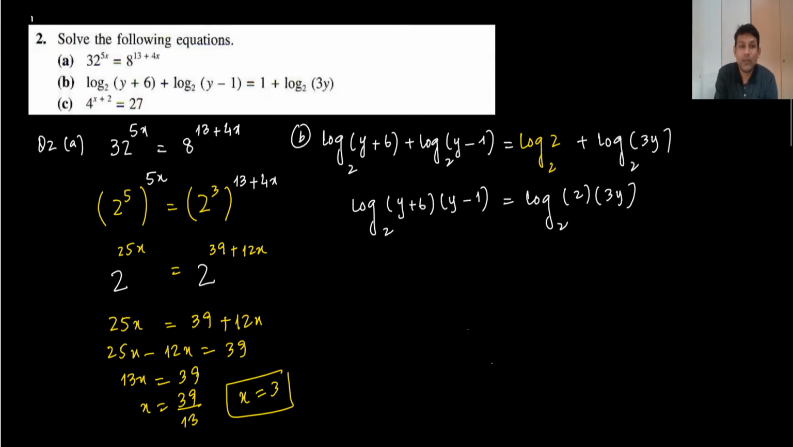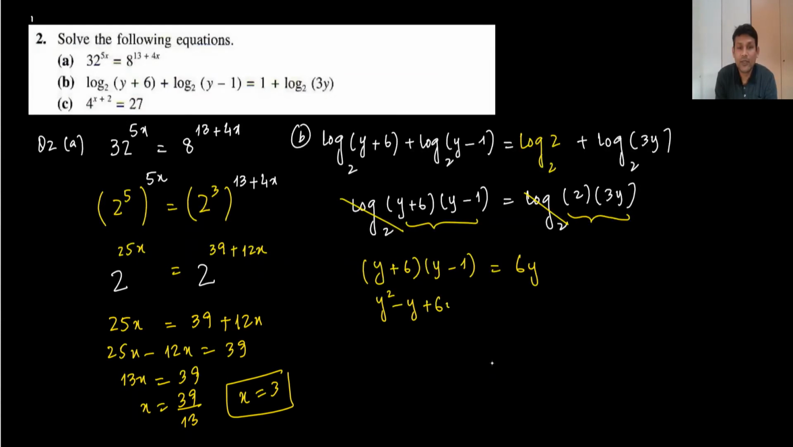Now, we are not cancelling this. We are comparing only this part. So now, what do we have? We have (y + 6)(y - 1) = 6y. Okay, y squared, then we have minus y plus 6y, and minus 6y we can shift to the left hand side, equal to 0. This cancels out, and we have only y squared minus y minus 6 equal to 0,